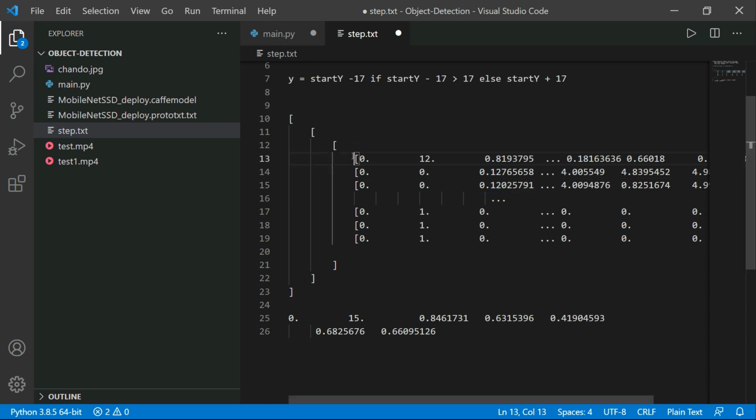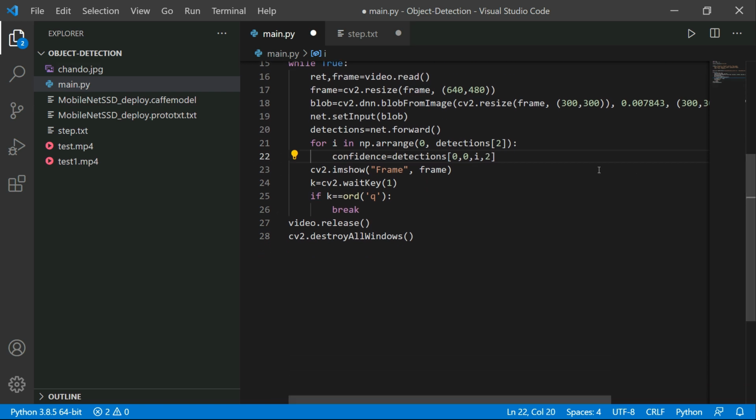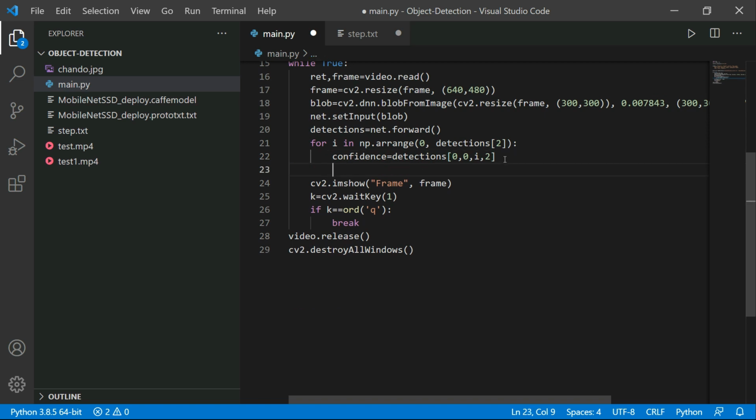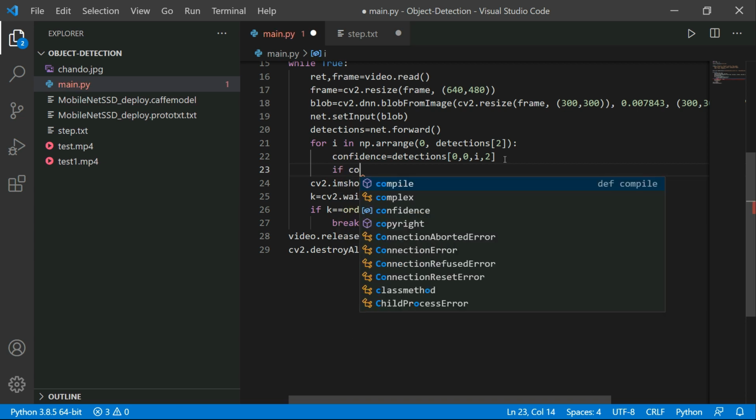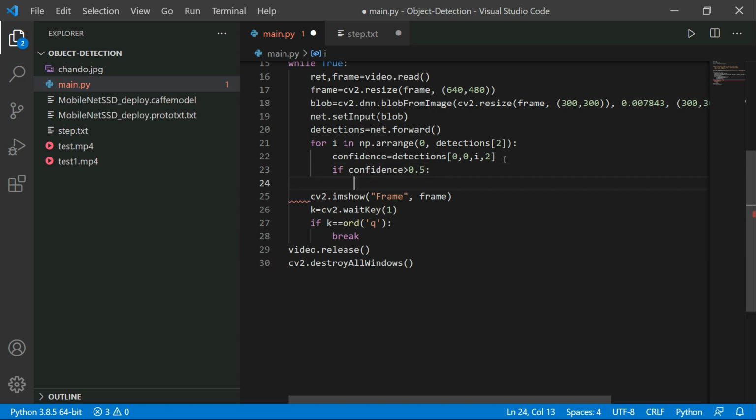For example, if I go on this list, 12 is our class and this is our confidence value. So this is our index number 2. That's why I go here, 2, and make it a variable. Let's call it confidence. Now we need to check whether the confidence is greater than 50% or 70% or not. So if the confidence is greater than 0.5 or 0.6 or 0.7, whatever,